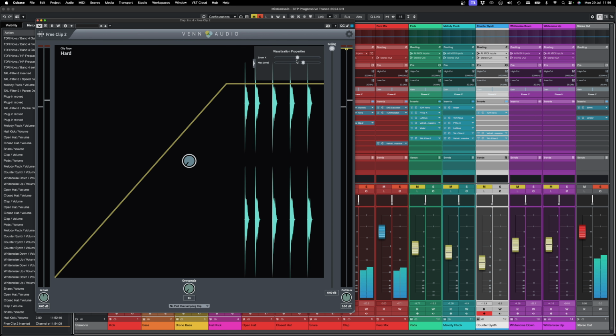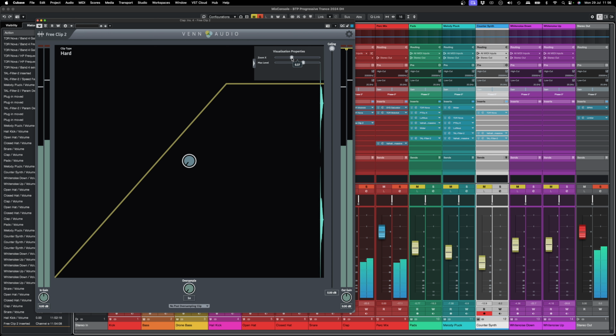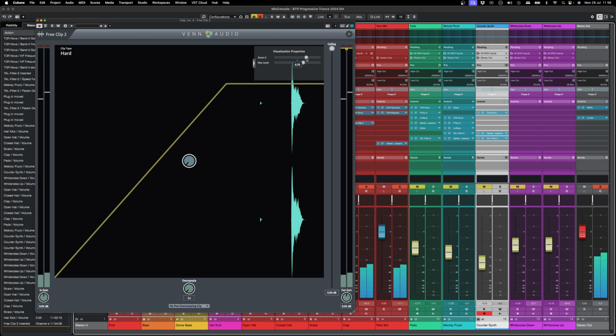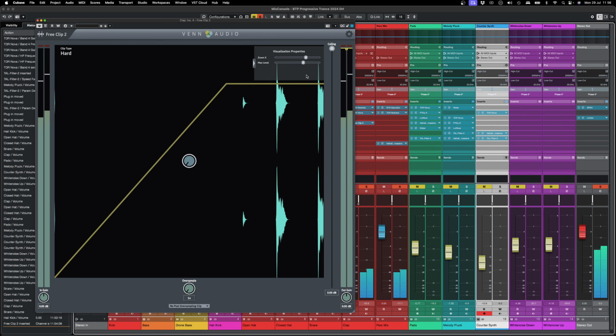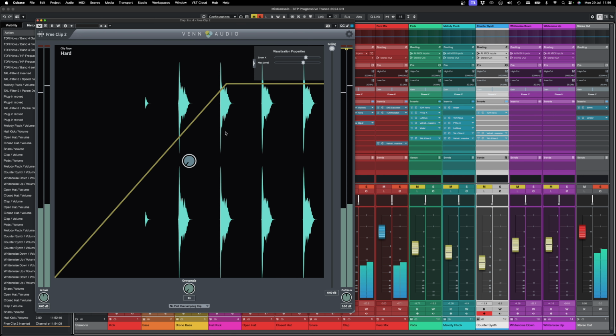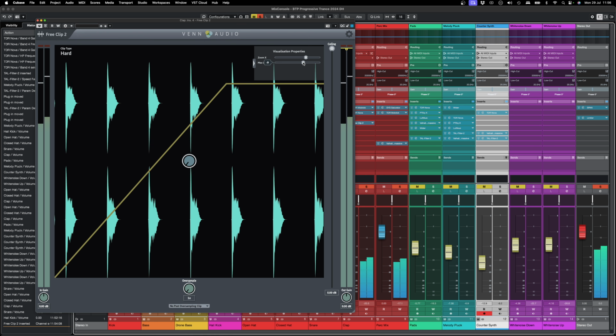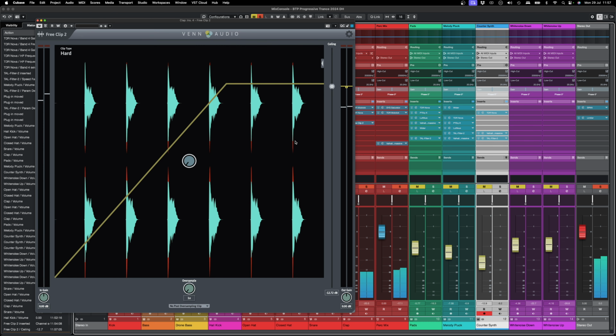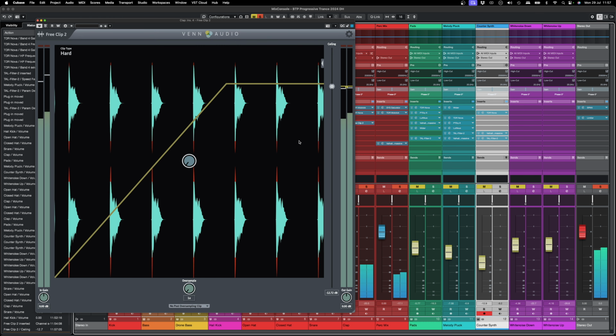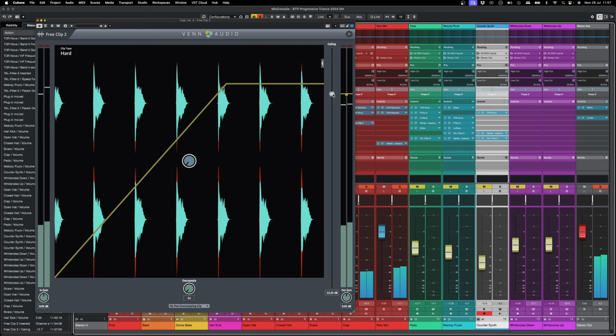So I've got this zoomed in a little bit so you can see. Let's make this a bit faster so we can see. So you can see it's got quite a large transient, and the body of the sound is pretty quiet. So you can see it's controlling the transients and it's chopping them, and it's going to keep them at a certain level. If we bring this further down,